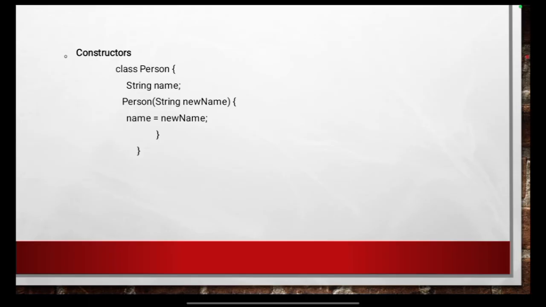So this demonstrates that constructors are essential in Java for initializing objects when they are created. A constructor is a special block of code that automatically executes when an object of the class is instantiated. Unlike regular methods, constructors do not have a return type and their name must exactly match the class name. In this example, we have a class Person with a single variable name. To initialize this variable at the time of object creation, the class includes a constructor that accepts a parameter newName. When an object of Person is created, the constructor takes the provided name and assigns it to the name